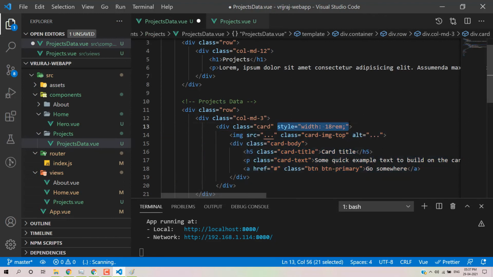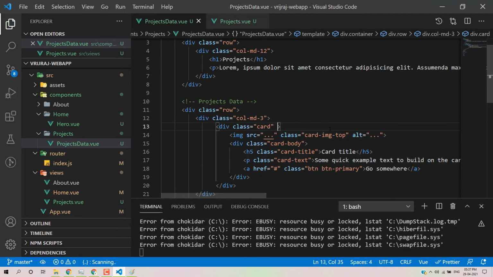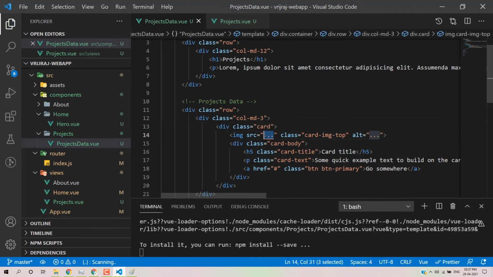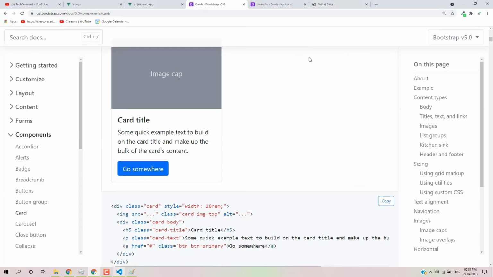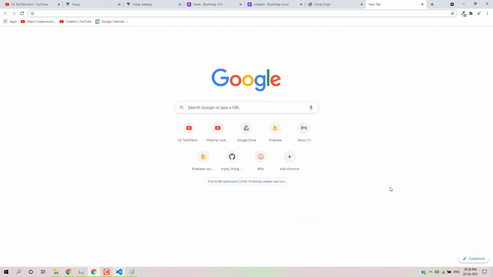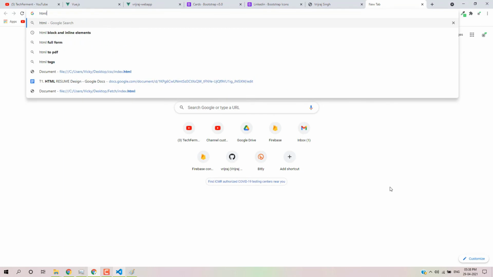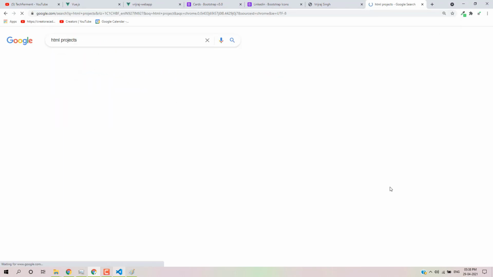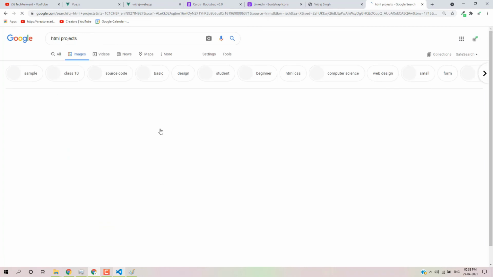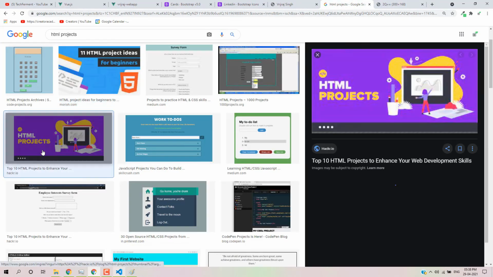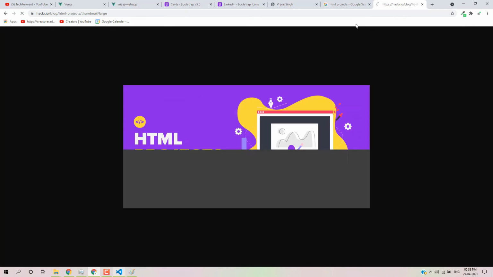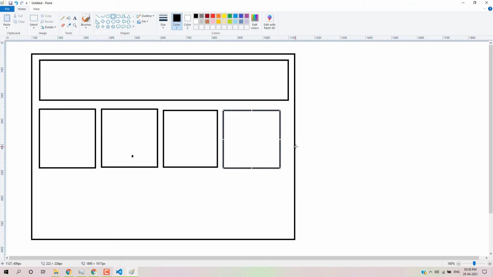Right now the width is static, so I'll just remove this one. And then we have a style part. So how can we remove this src part? I'll just use a hardcoded image. We'll go to projects, HTML projects, and I'll select any random image. I'll go to the image tag and use copy image address. Is it visible? This path is too long. I think we can use this one. Yeah, I can use this image because it will give you the URL.